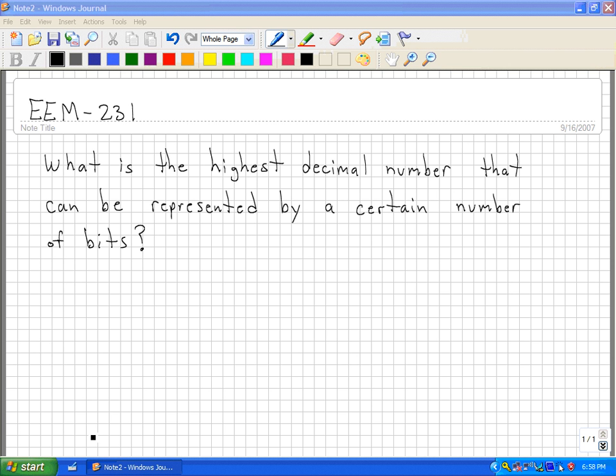What is the highest decimal number that can be represented by a certain number of bits? This is on page 9 in our book. And what this means is, if I've got 2 binary bits,